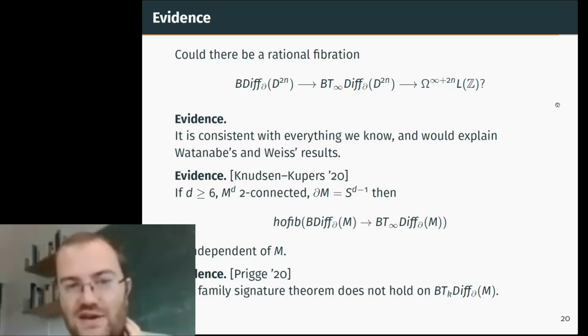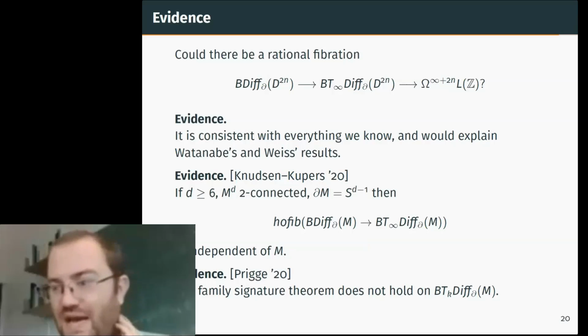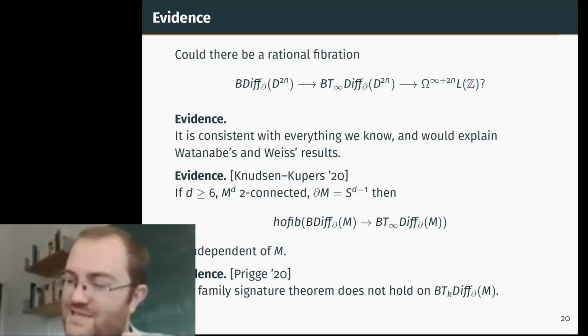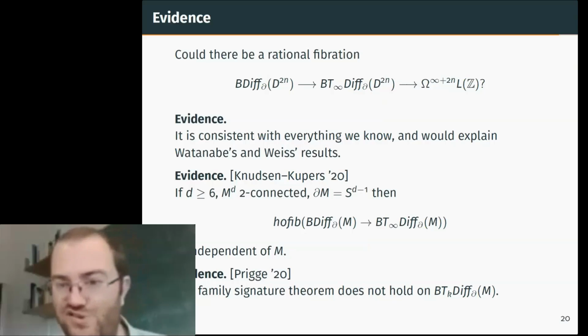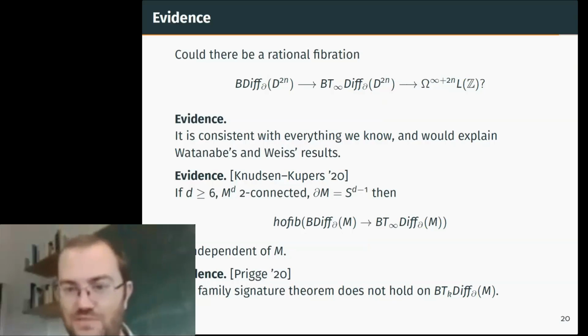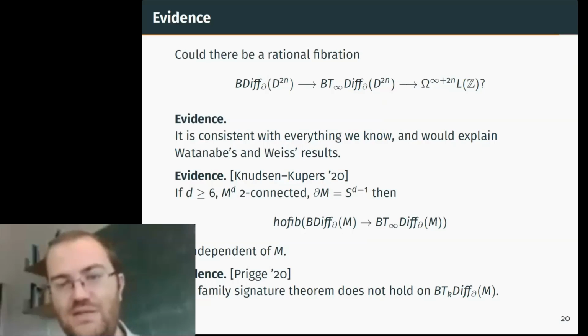So that's the evidence I have for this story. Proving that this could possibly be true is going to have to involve different methods to how Cooper and I have dealt with our theorem. At least one is going to have to do the embedding calculus side in a more modern way. In a sense, what we do is rather classical from that point of view. There are much more modern operadic or higher categorical ways of dealing with embedding calculus. And it may be that doing it that way and using Willwacher style graph complexes, one can actually establish this fibration.